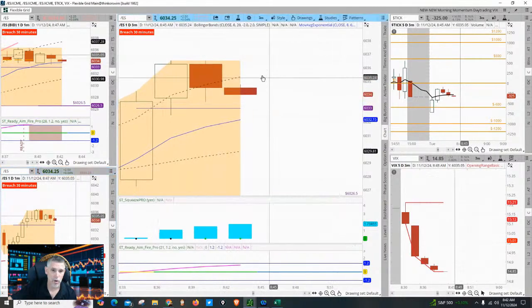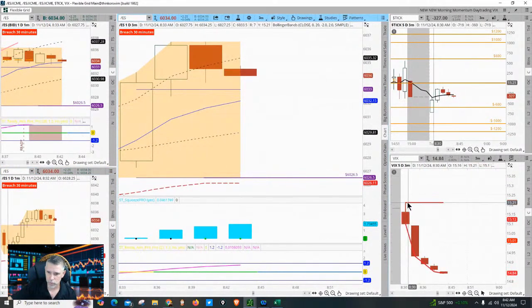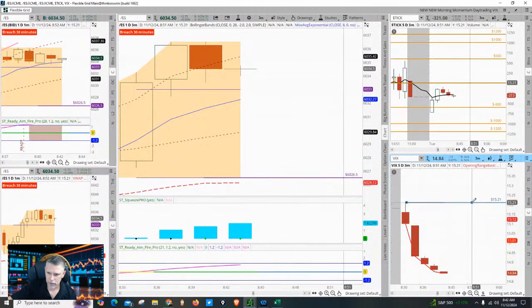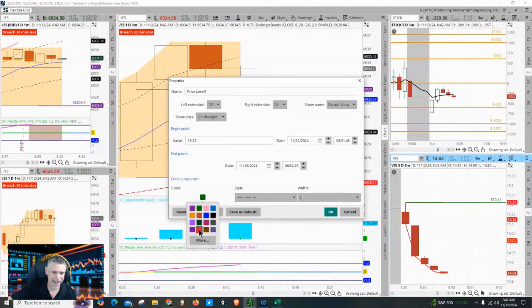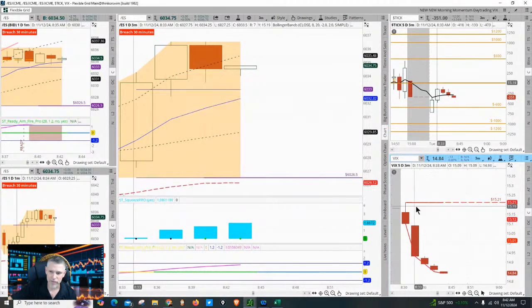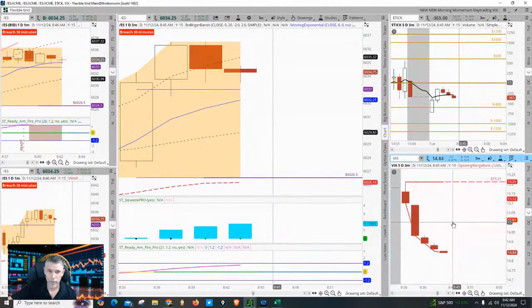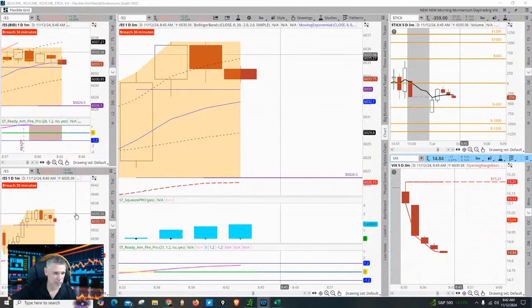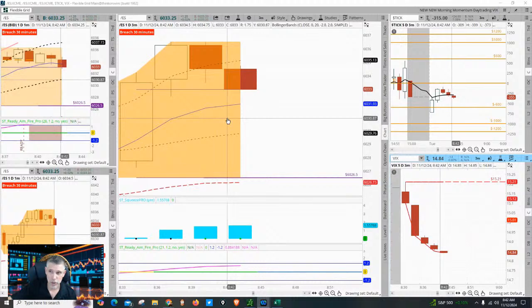Okay, guys, so we did not get setup number 2. So now we're going to look for our next opportunity. I want to go ahead and mark this 1521 red, give it a style of dashed, and extend it across. Again, if you have any questions on what I'm doing, type them in the WebEx. I want to do less teaching, more trading, and if there are any questions, then you fire away.